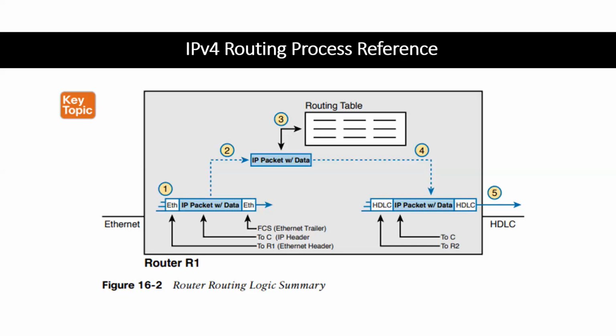She tries to reach out. She reaches out to her router. Her router gets that frame in, right? From a layer 2 perspective, it's going to go ahead and get it within her router, right? If we're looking at step 1, let me take my pencil out so you guys can follow along. And draw. There we go. Right here, it's going to come into her router, right? And from a layer 2 perspective, because this is a layer 3 device,